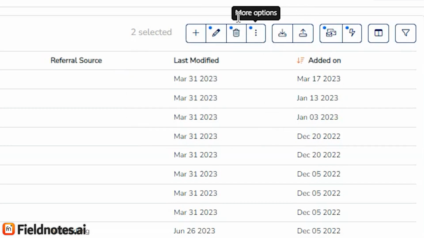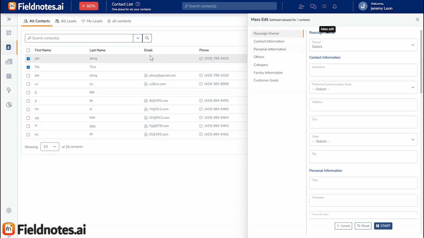The next button is the trash can. Now here you can check however many customers that you need, and you can delete them all in one motion. Next to that is the pencil. Here is for editing. You can press this, and now you can mass edit those two contacts by simply entering in the information that you want to apply,